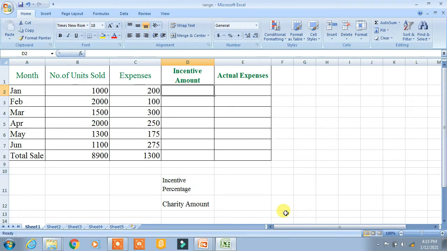To calculate the incentive at the rate of 10% on monthly sales, type 10% in cell E11.